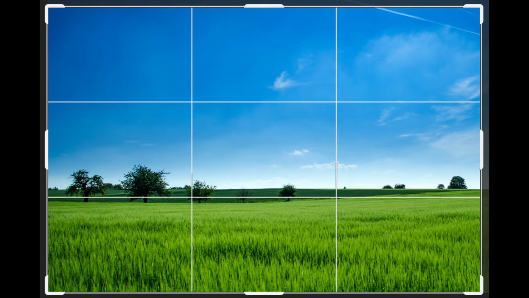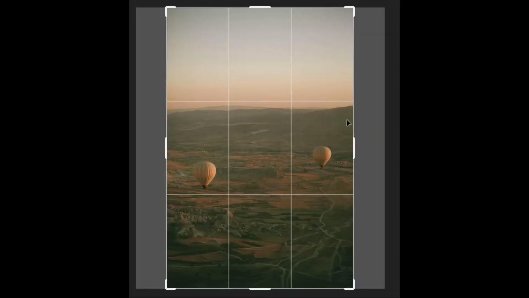It's essentially a guideline to help make your artwork more aesthetically pleasing. It takes an image or a canvas and divides it into 3 sections horizontally and 3 sections vertically. And the rule states that if you have a horizon line, it's going to look more aesthetically pleasing if you put that horizon line basically on or just about on one of the horizontal lines that go across, like in